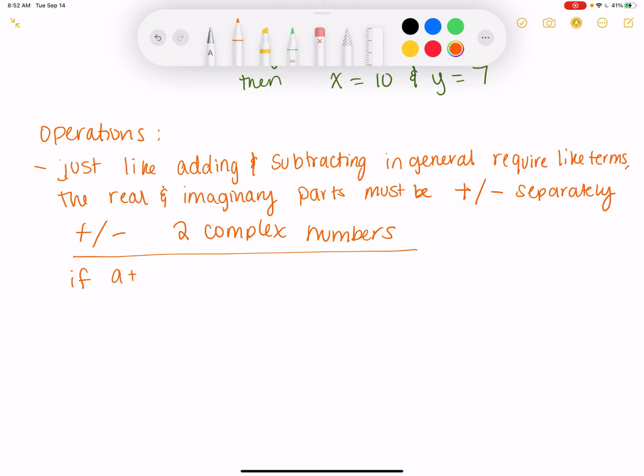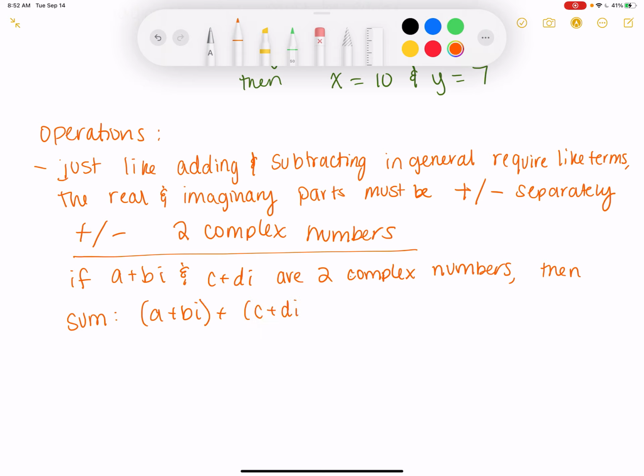If a plus bi and c plus di are two complex numbers, then the sum of a plus bi plus c plus di is equal to a plus c plus b plus d times i. And the difference,